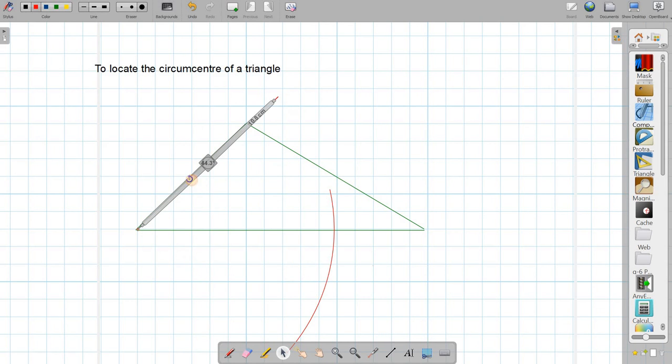I can rotate it like this. It should be more than half, so I am just drawing something like this. Now I will take it back to the other end of the base and rotate it something like this. This way I can always draw. See, after doing that, the point of intersection of the two arcs, I have drawn an arc.